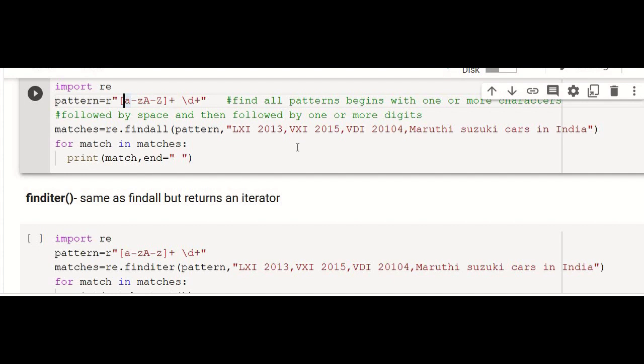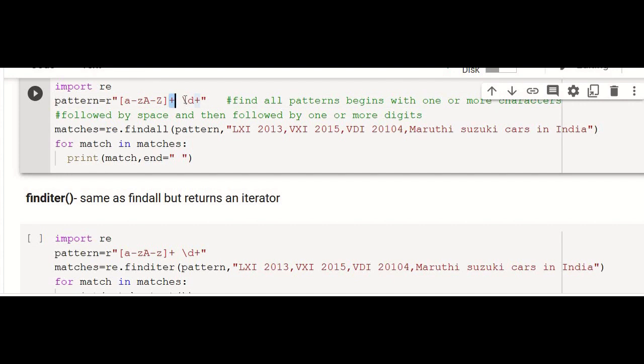Plus indicates that the particular character selected from any of these, from small a to small z and capital A to capital Z, can occur one or more times. That means at least one alphabet should be present in your pattern. That is why we have given plus.